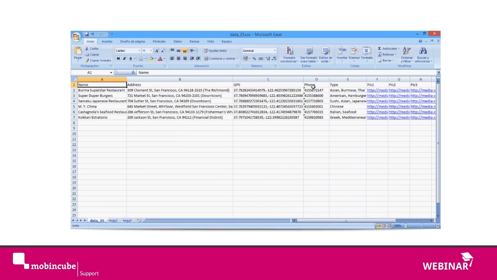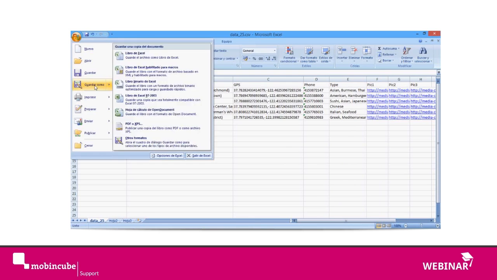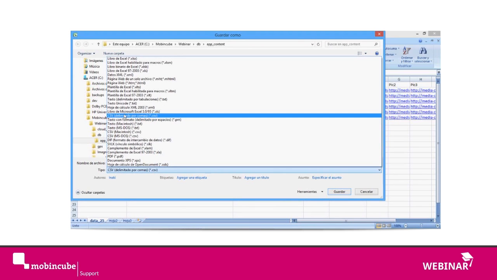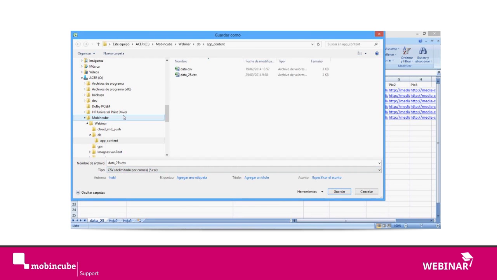And the thing is that after entering all the information, you have to save it as a CSV file. Okay, if you want to import from Mobincube, you cannot use the Excel format. You have to use CSV. Okay, and split it with commas, for example. Okay,